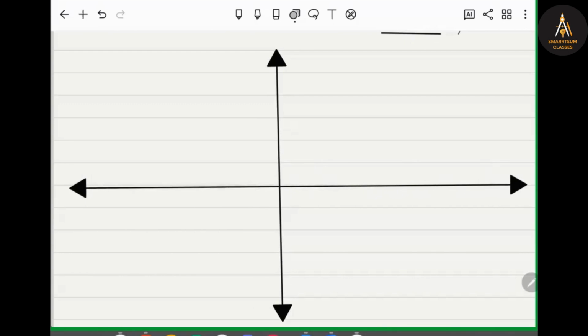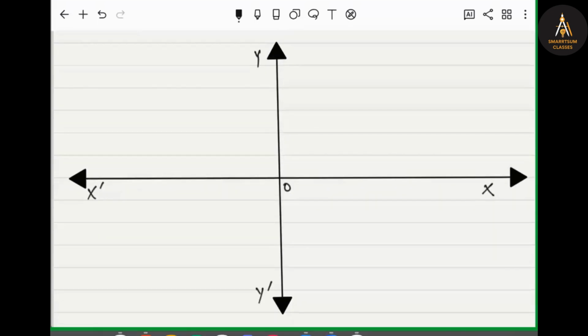Look here. We have drawn the Cartesian plane. You can see there are two perpendicular axes: the x-axis, x, O, x dash, and similarly the y-axis, y, O, y dash. These are the two mutually perpendicular axes. Now, these two perpendicular axes divide this whole Cartesian plane, the plane of the paper on which I have drawn these lines,